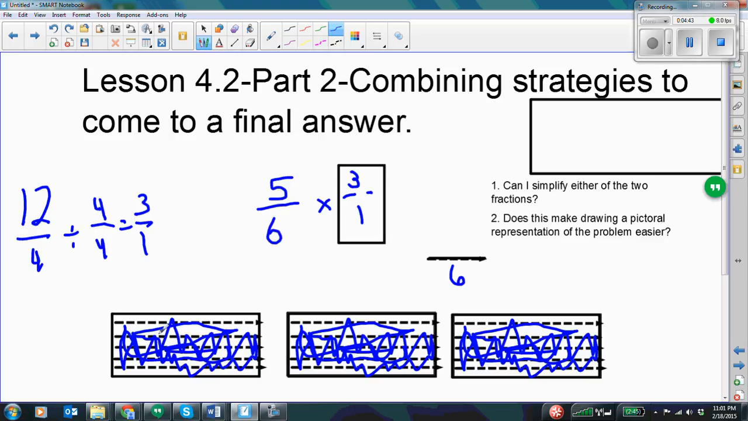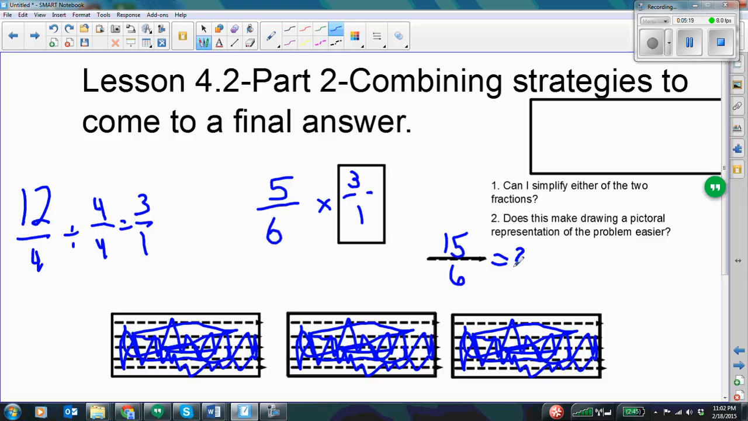Now I need to look at how many parts I have in total. So I have 1, 2, 3, 4, 5, 6, 7, 8, 9, 10, 11, 12, 13, 14, 15. So I have 15 parts, and it takes 6 parts to equal any one whole. So what I'm going to do here is I'm going to simplify this, and I know 6 goes into 15